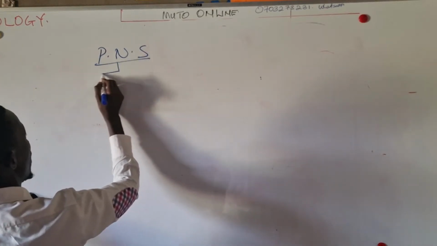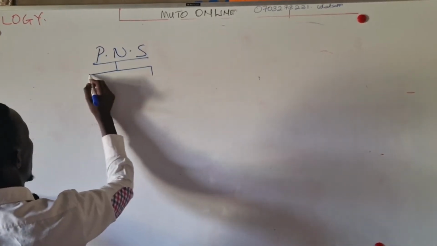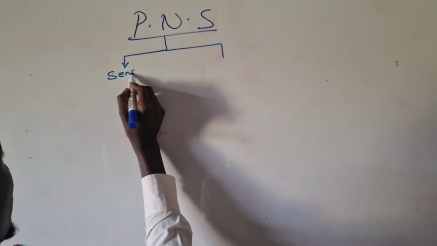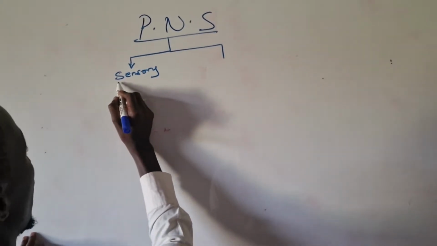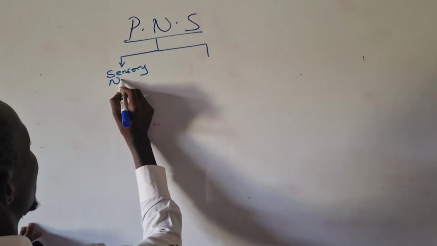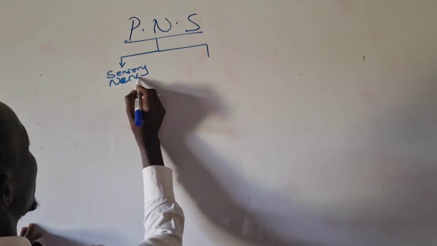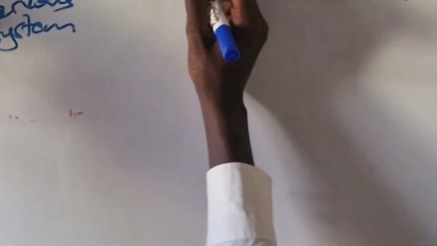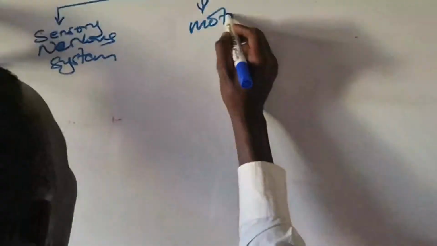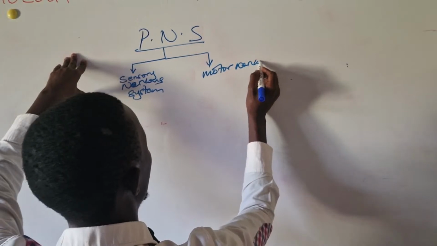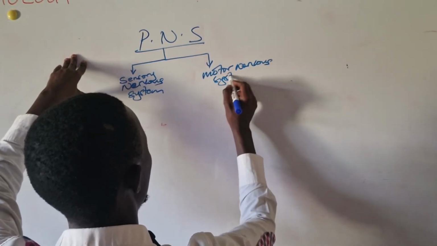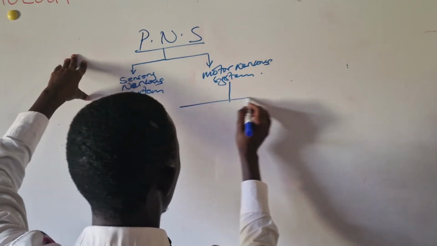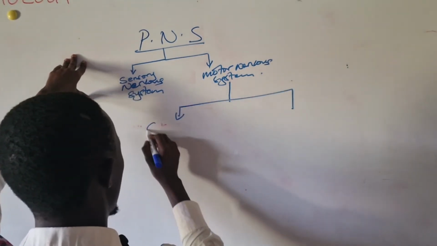We said the peripheral nervous system is made up of nerves which make up the sensory nervous system and the motor nervous system. We further said that the motor nervous system is further divided into the somatic